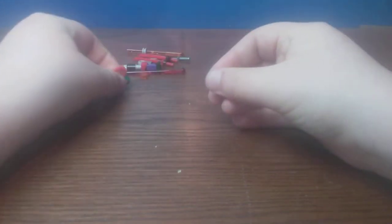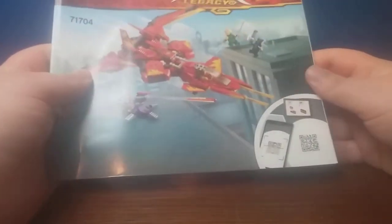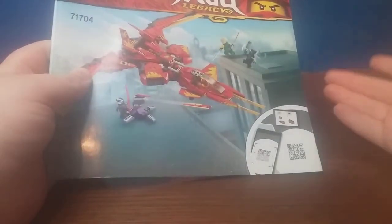So that's cool. Let's have a look at the instructions now. Alright, so here we have the instructions. It's your regular sized instructions. Love the background. It's literally the same thing as the box. Got a nice little QR code if you want to build the set digitally. So that's all cool. Like I said, traditional building instructions. And then on the back,